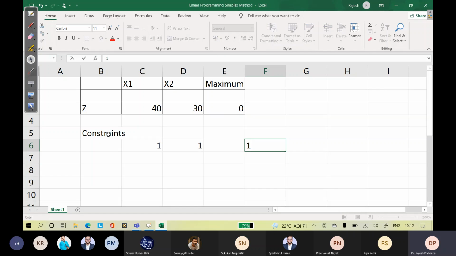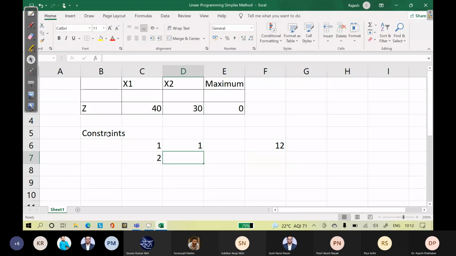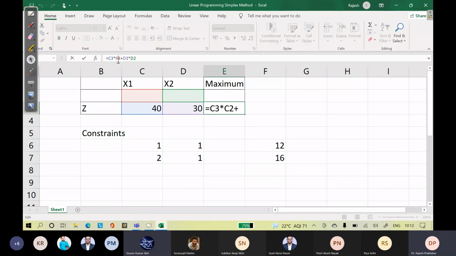It is 12. Sir, could you please show the formula again? So the maximum formula is Z equals 40x1 plus 30x2. Okay, sir.